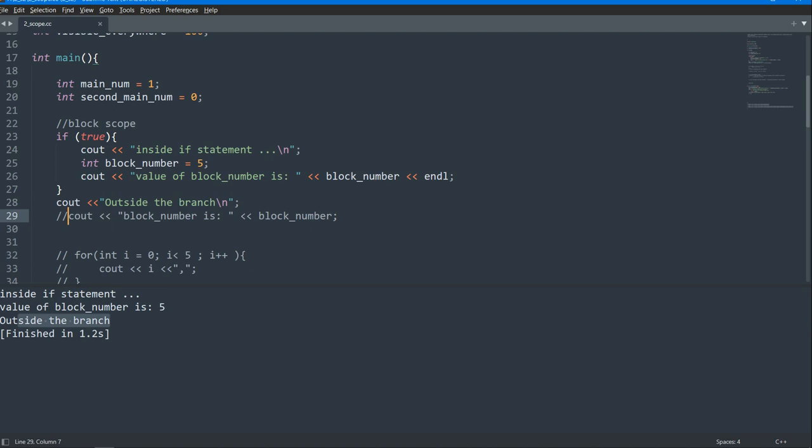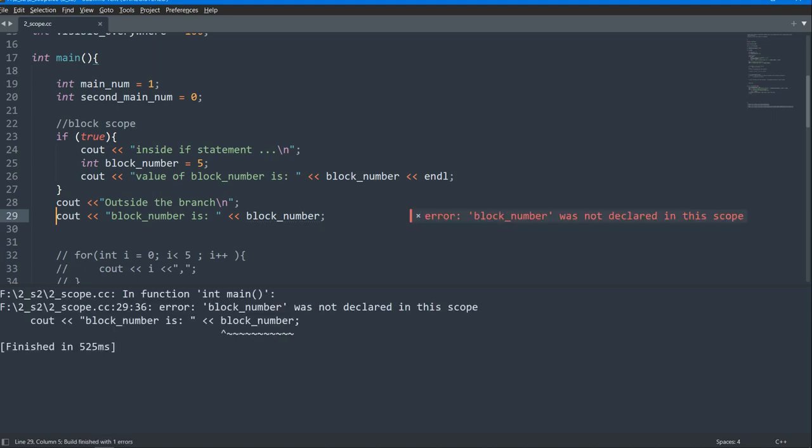But guess what, if I unblock this line of code and run it, I will get 5 or another number. Pause the video and think about that. Unfortunately, I will get an error, which is